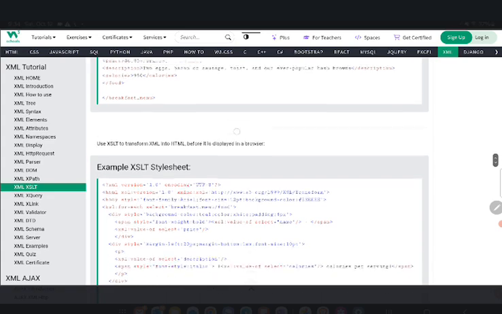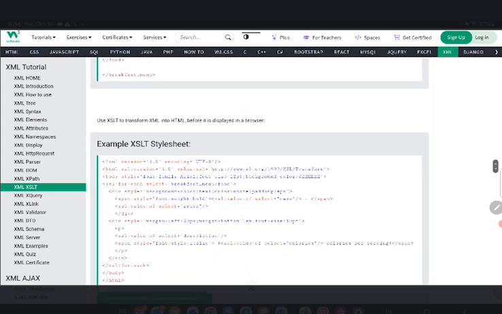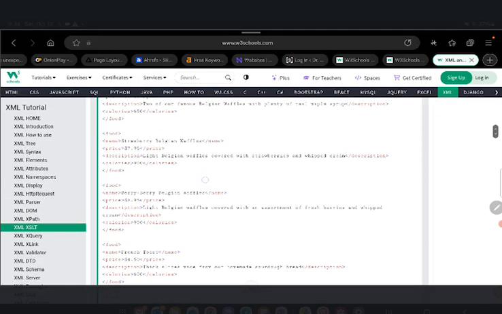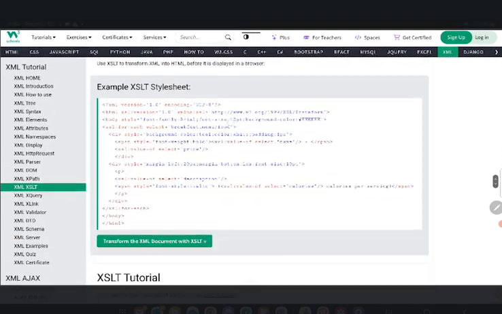Now, the task is to convert this into HTML. To do that, we use XSLT to transform the XML into HTML before it is displayed in the browser. So before it's sent to the browser, we actually need to convert it into HTML. Otherwise, it's going to just render the same XML file. So to ensure that it is displayed as HTML, we need to convert it using this XSLT